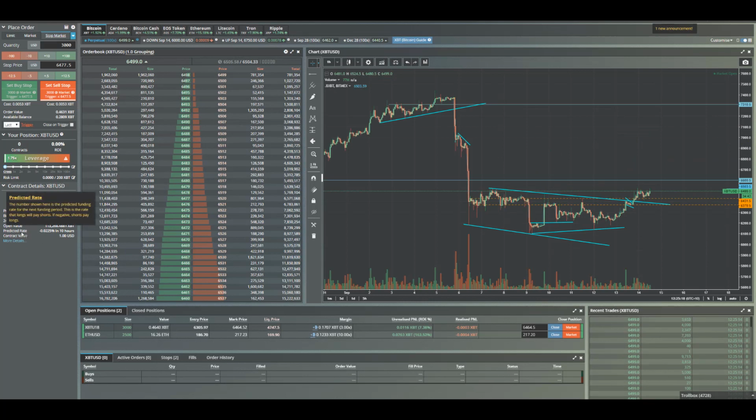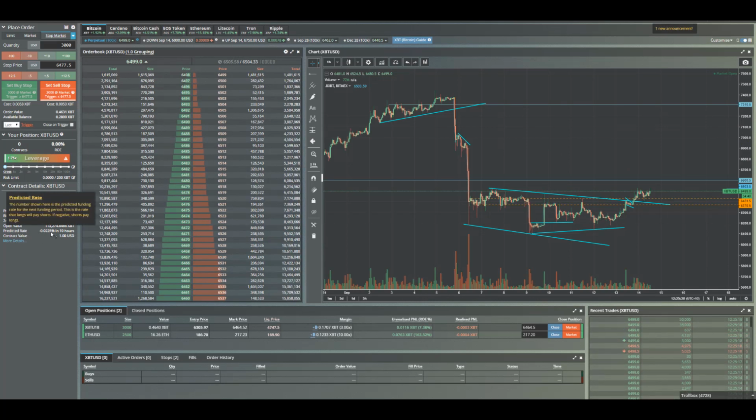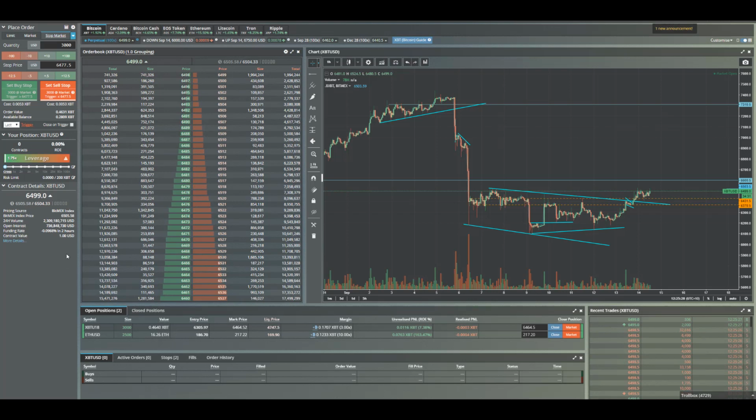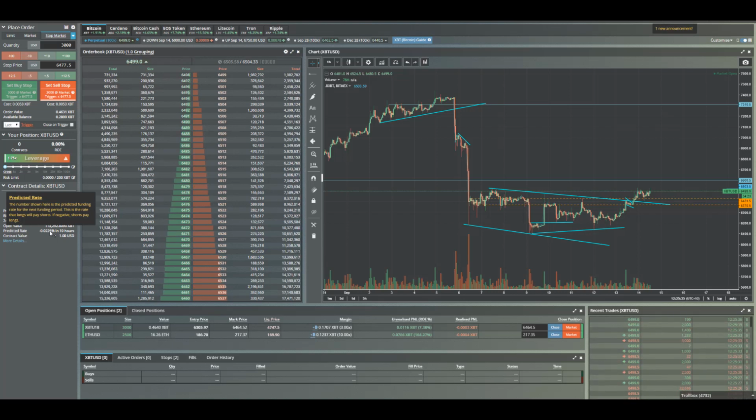So at the moment our predicted rate is pretty high, 0.225%. It's pretty decent for funding to be paying, and it's negative. So that means, as you can see here, it says if the predicted rate or the funding rate is negative, shorts have to pay longs. So at the moment, it's actually beneficial for us to be in a long on here, but I actually longed